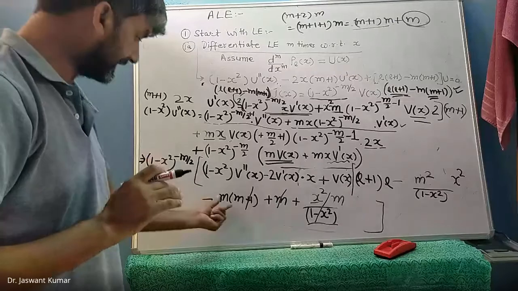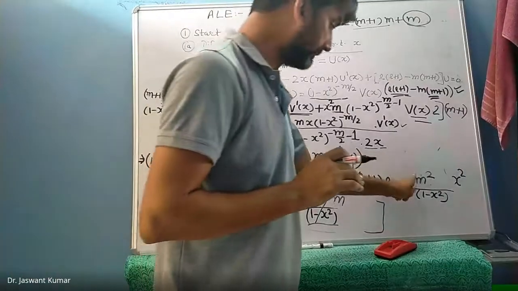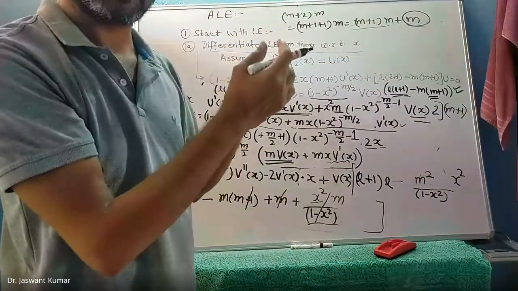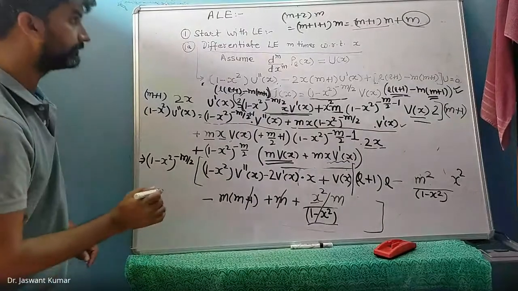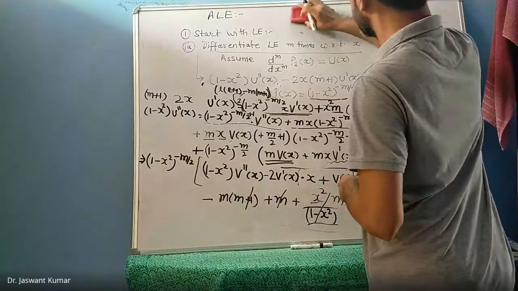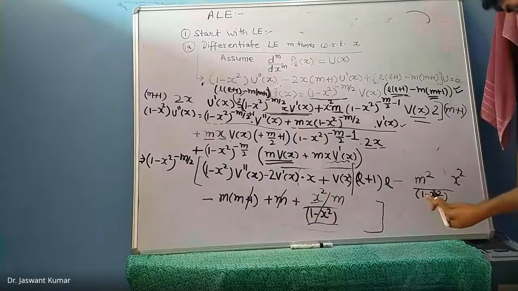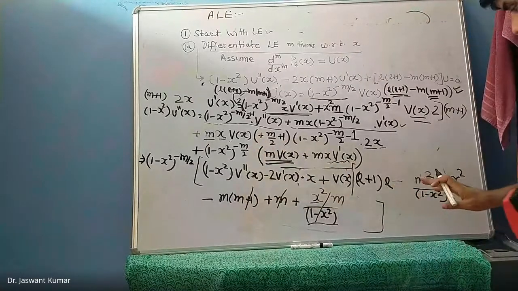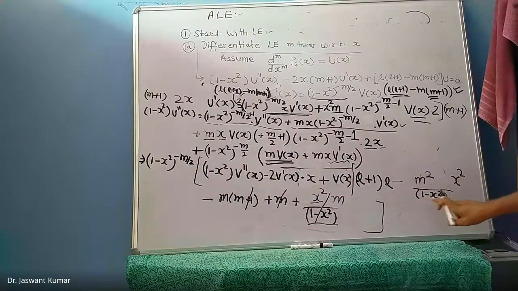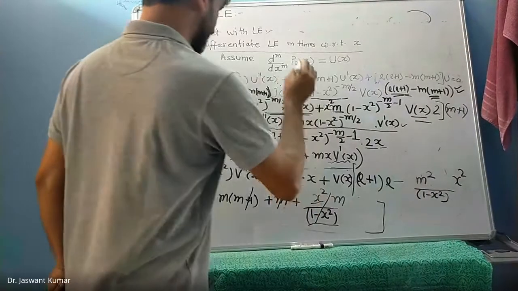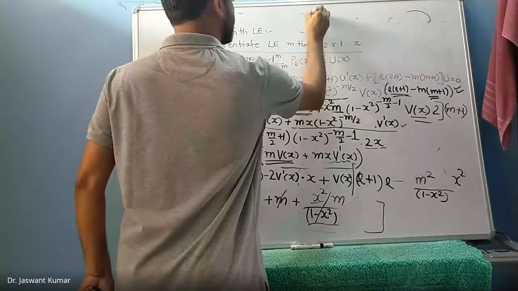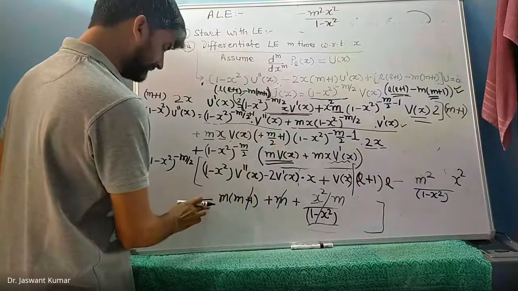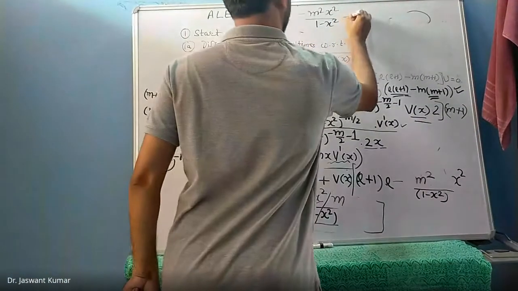Now there is a minus m square over here and there is a minus m square x square by 1 minus x square over here. You take the minus m square common. So if you take the minus m square, where do I write? I write it here. From the second last and the last term, m into m is m square. The second last term is minus m square x square divided by 1 minus x square. So I write it as minus m square x square by 1 minus x square and then minus of m square.